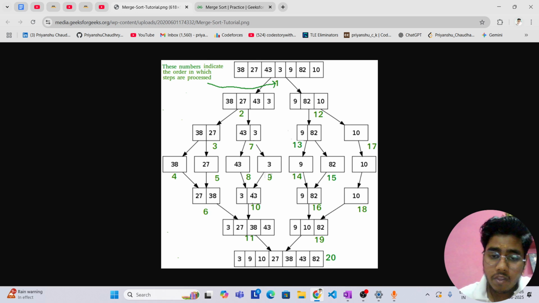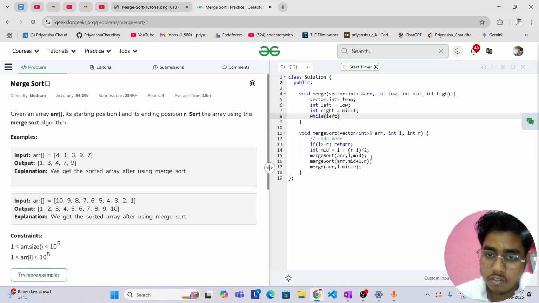So what we will do, when array will be exhausted, at the end we will again call a while loop for both the arrays, such that the array which is not exhausted, their elements are pushed back into the temporary vector. So we can see here, until left is less than equal to the last, that is mid, and right array's limit is high.